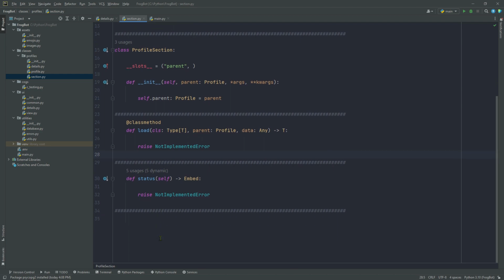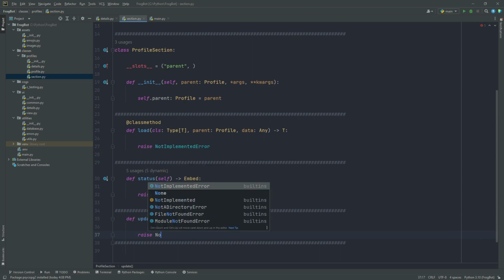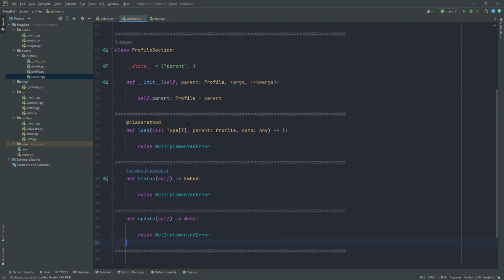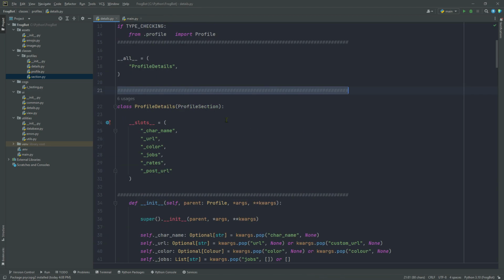All right, and then I'd also like to create one down here at the bottom, and we're going to call this def update. And it doesn't take any parameters, doesn't return anything, and again, we will raise a not implemented error and implement this in the subclasses. Okay, so we can exit out of our section,